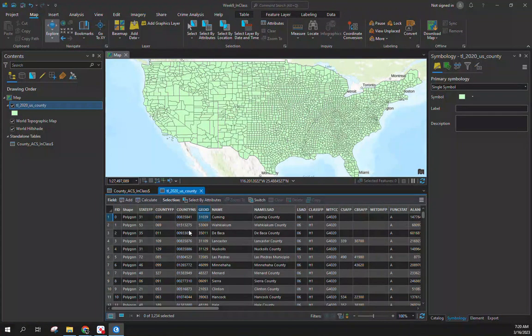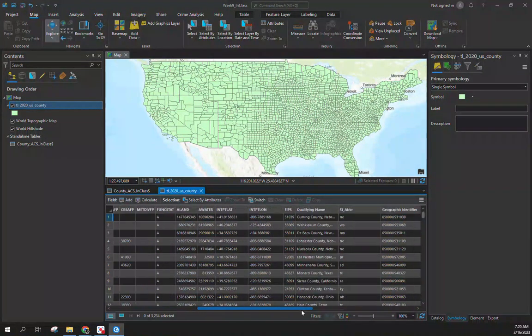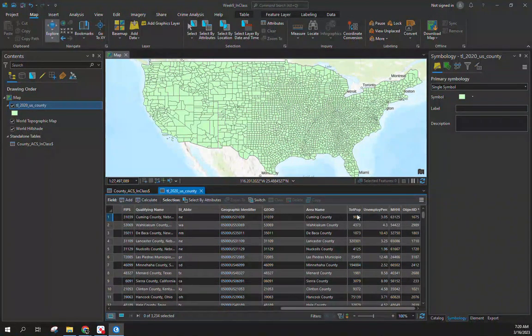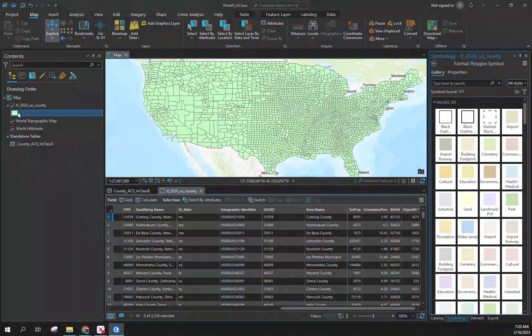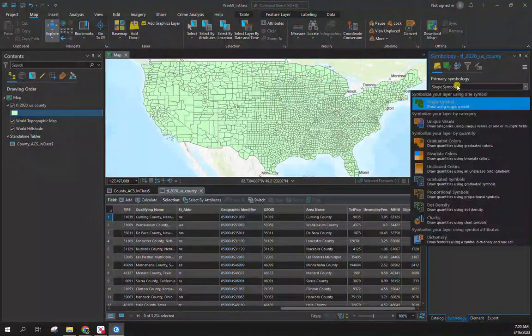And you saw this table can almost do a refresh itself. So if I scroll to the right, you now can see towards the end, we have that table data itself, total population, unemployed, median household income attached to our spatial file. So now if I wanted to display this to see what it looked like, I'm already in Symbology, it has it open, but if it wasn't, come over here, just double click on the green box here, change this to